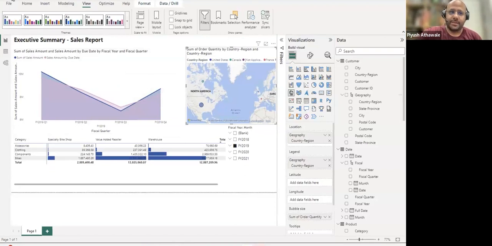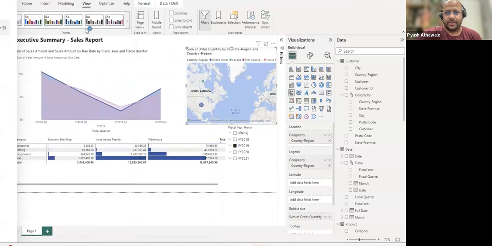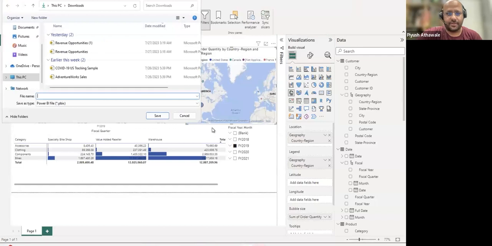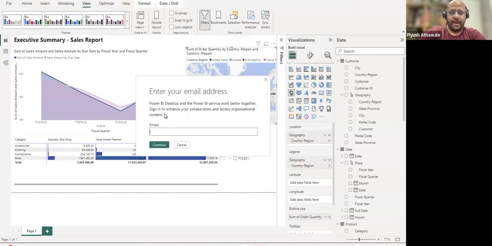And then when you publish this, when you go to file and publish, it will show you what options are available. So if you have a Power BI service already running, it will actually show you that option. It'll ask some credentials and all that. So you say publish to Power BI, and I can save, of course, sales exec summary, something. It saves as a Power BI file. I can save it. And now here is where I will need to enter my email address,